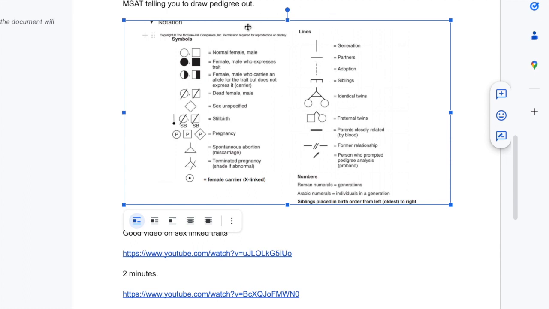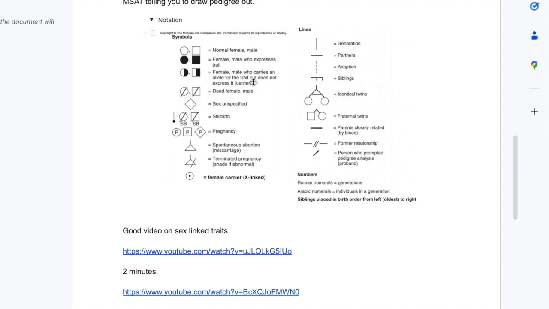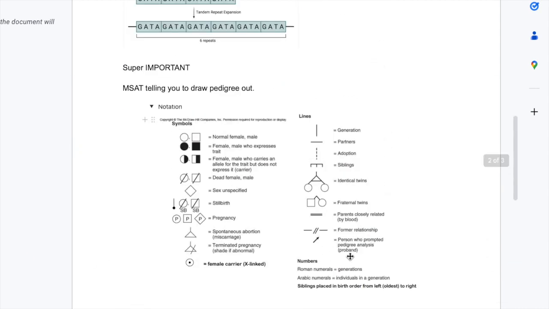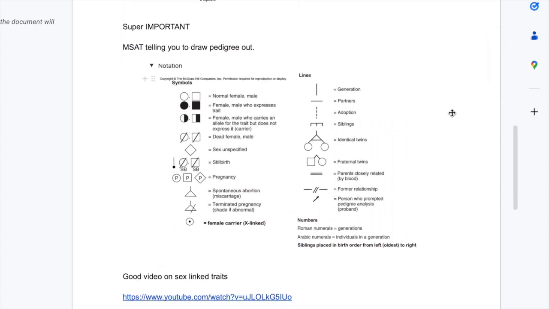So this is something called a pedigree chart. What a pedigree chart allows you to do is basically check what a disease looks like throughout a family. And so if you recognize that a disease has only been affecting, let's say, females, this may hint that this disease is mitochondrial inheritance. A pedigree can also give you a really good chance of detecting whether this is something that someone's future kids may have, or whether it's a one-off thing, or this is an X-linked disease, or